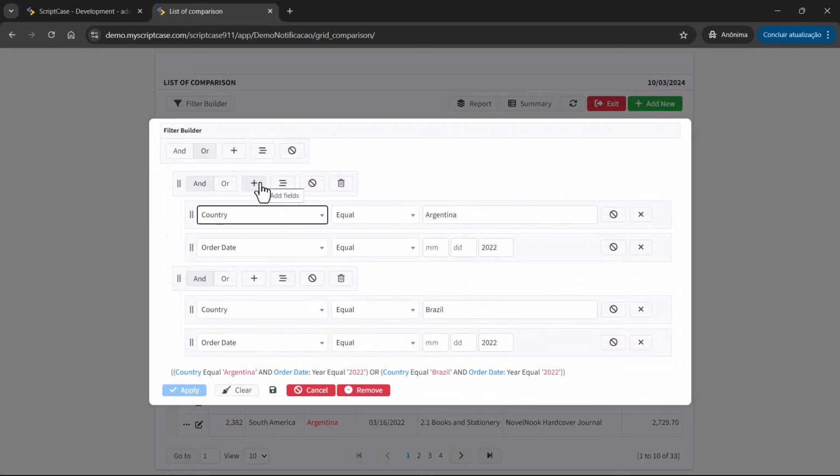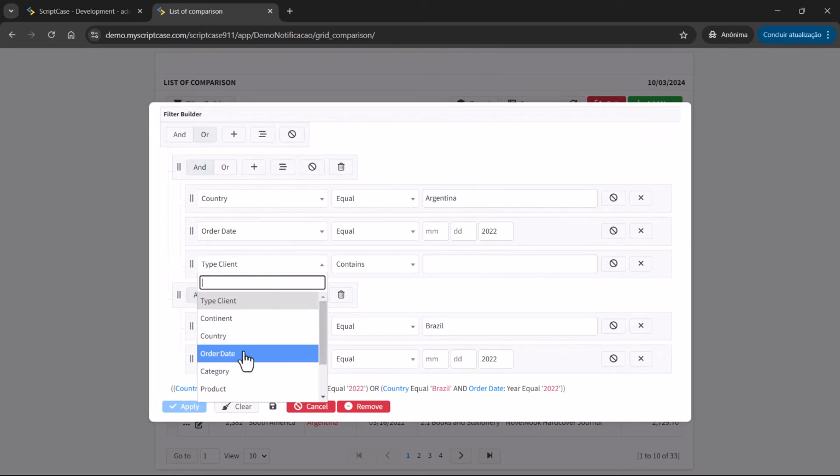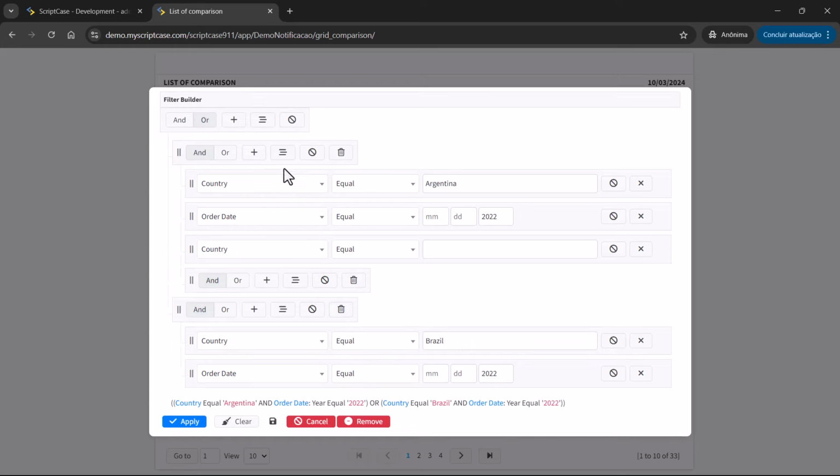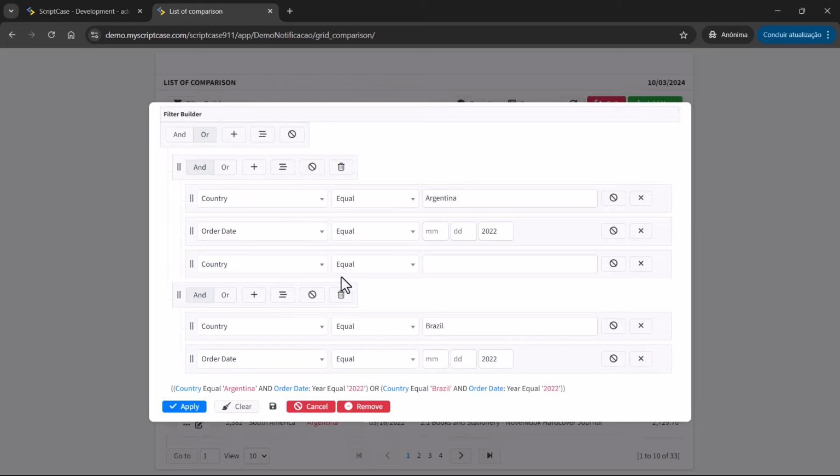I can choose the field category, for example, or I could add another nested condition to this option here, because you can add one nested condition inside the other, or you can add one field. This option here where you can see the plus sign will add the fields, and this option here will add a nested condition. Then here you can disable or delete.